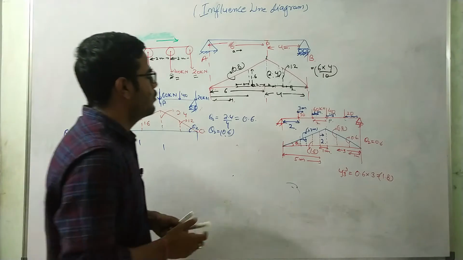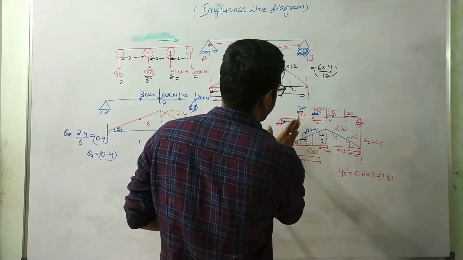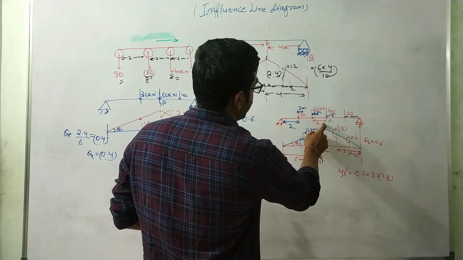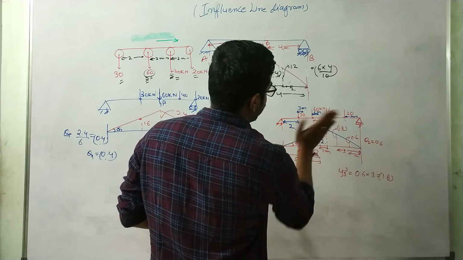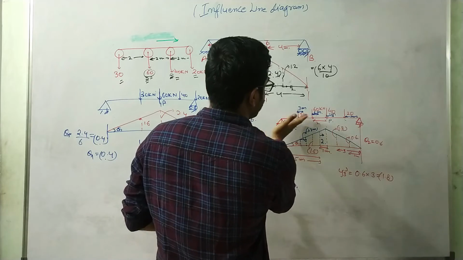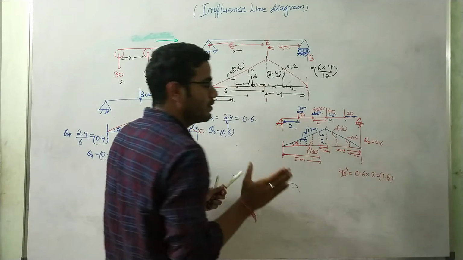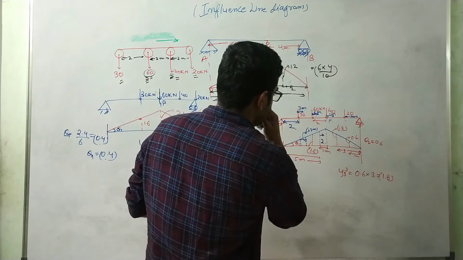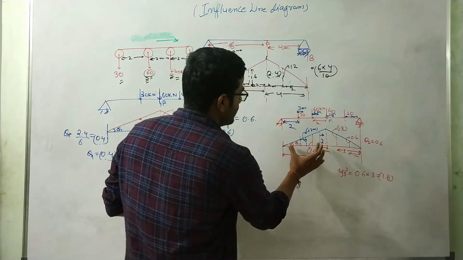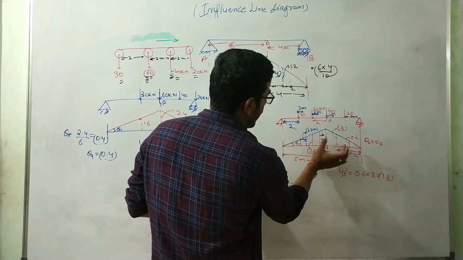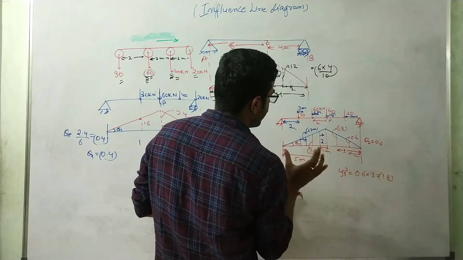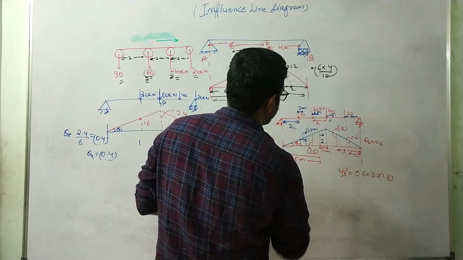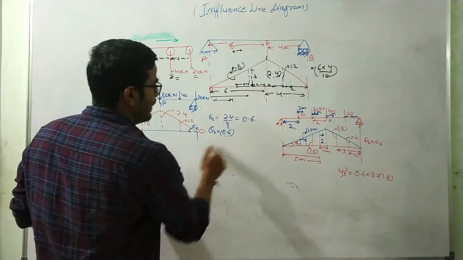Now we can see that over here, when P load is acting at point P and it is moved to the right by 1 meter, then all the rolling loads will move to the right by 1 meter, because this is a complete unit, a complete joint system. So when this is happening, for this portion our moment will increase, and for this portion our moment will decrease. Why? Because at this portion you can see that the ordinates are decreasing, and here the ordinates are increasing. So increase in bending moment